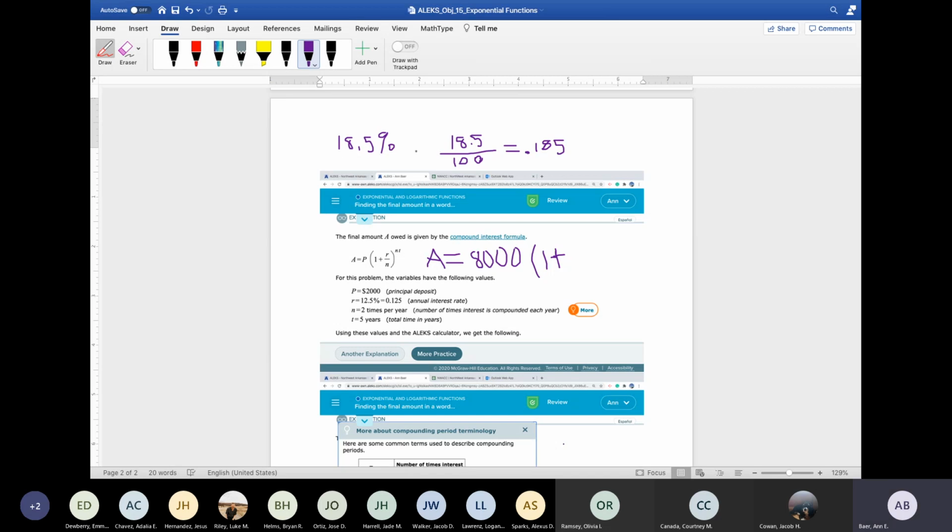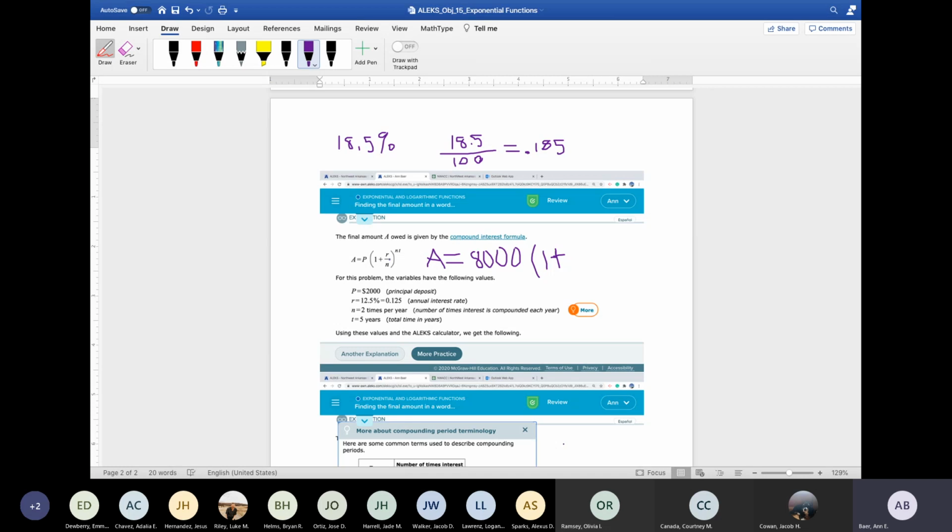So I took this 18.5, copied it over. This percent means parts per 100. Think of that as per, and then put 100 in the denominator every time you want to do this. The other alternative is to move this decimal point, take off the percent sign, move this 2 places to the left. 1, 2, you're still going to get 0.185. I just prefer to do it this way. It's my own personal opinion. That works for me. I feel I'm more accurate, but you can do it either way.